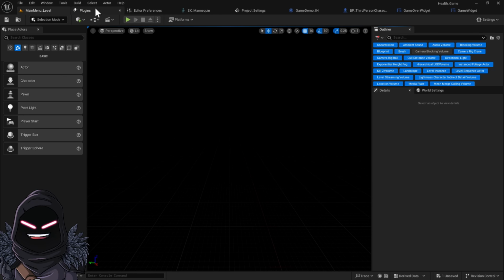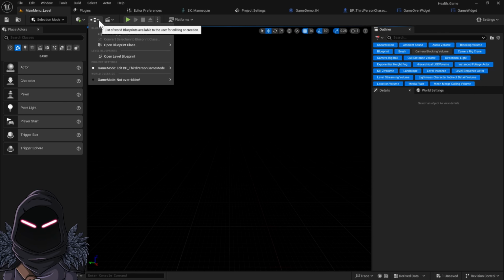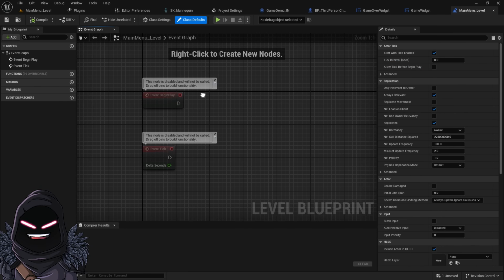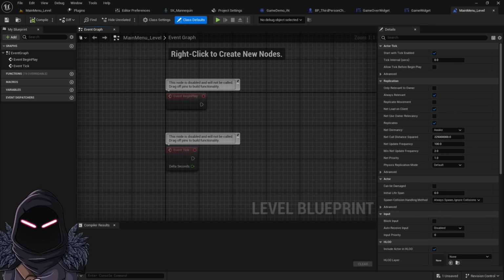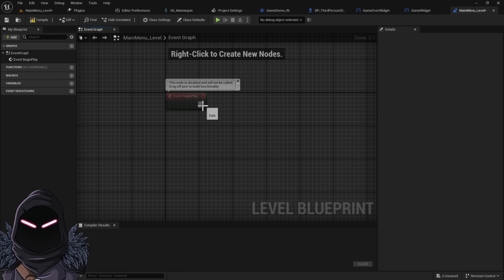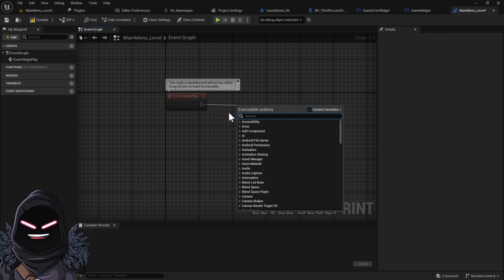Now the next thing we're going to do is go under our level blueprints. So we're going to open level blueprints. Okay, so now we're in level blueprints. What I want to do is create it where when you open up the menu level, it's going to automatically open up our widget. So under event begin play, we're going to get rid of event tick. We want to do create